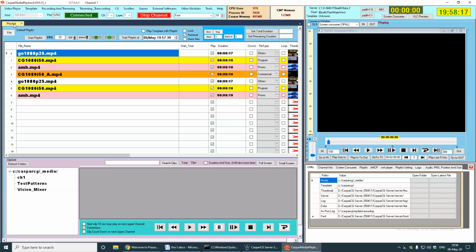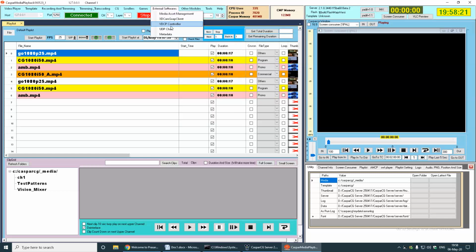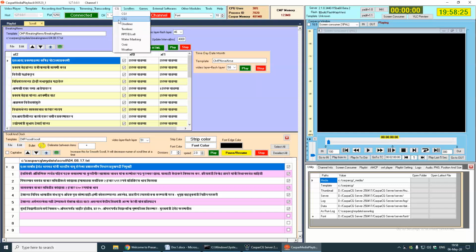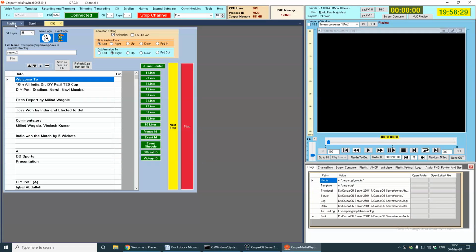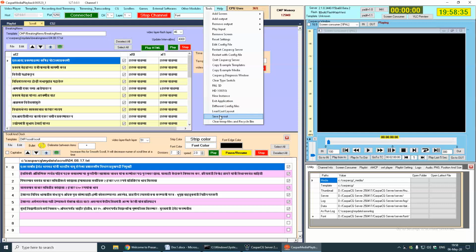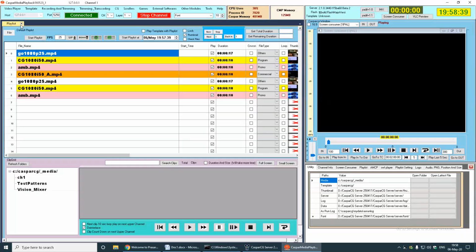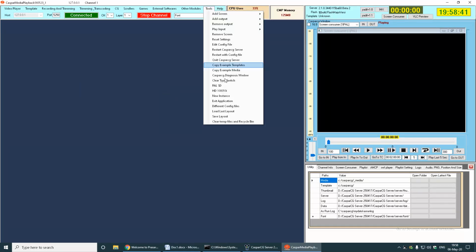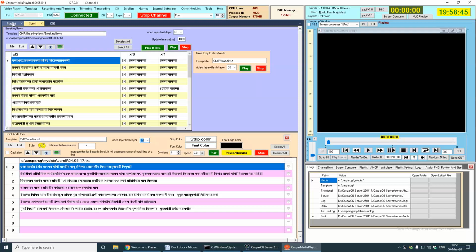Suppose you are working with a playlist menu, playlist and some scroll and breaking news and CG2. So you are working with 3 menus, and you can save this layout. If you close all three modules, you can open all the modules with load last layout, like this.